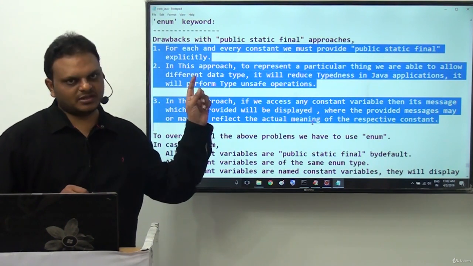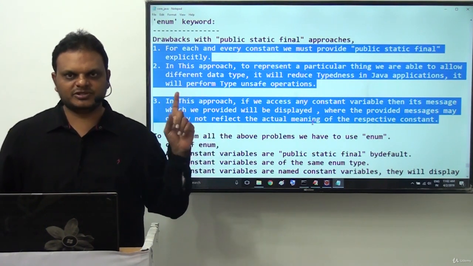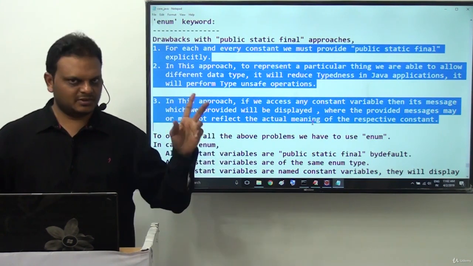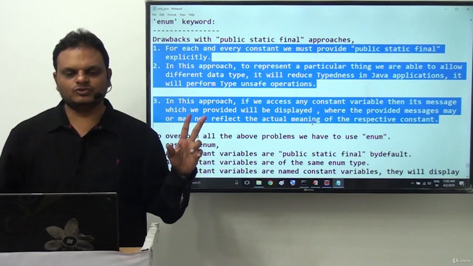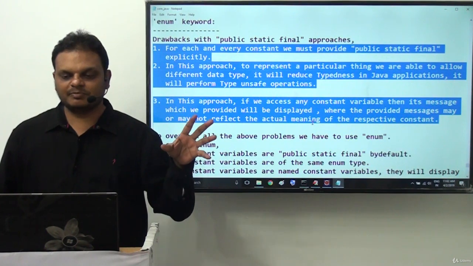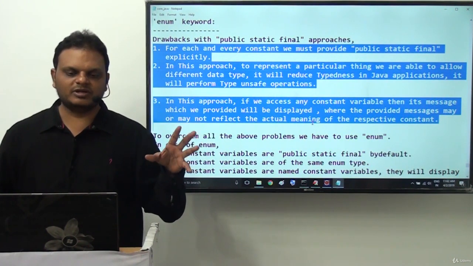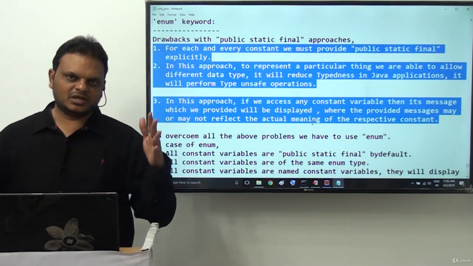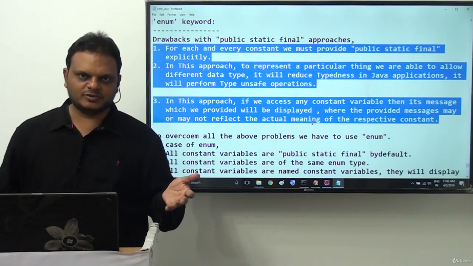For each and every constant variable, we have to declare public static final explicitly. That is point number one. Point number two, in this approach to represent a particular thing, we are able to allow different data types. So constant variables allow different data types, no fixed data type.